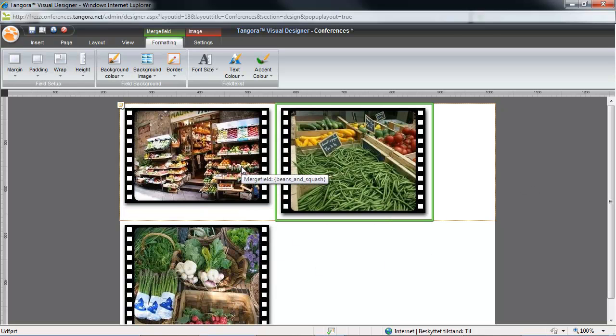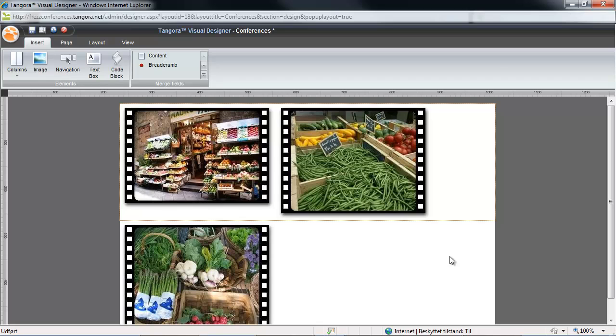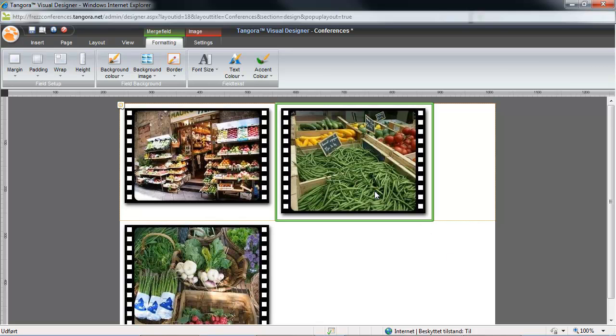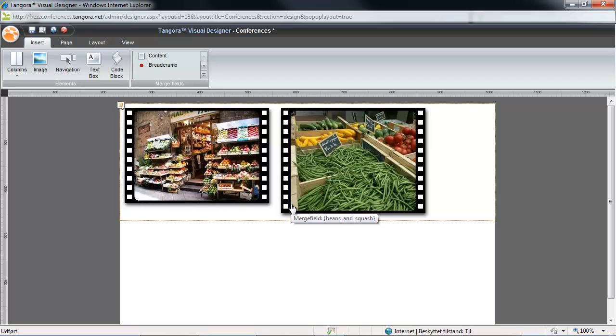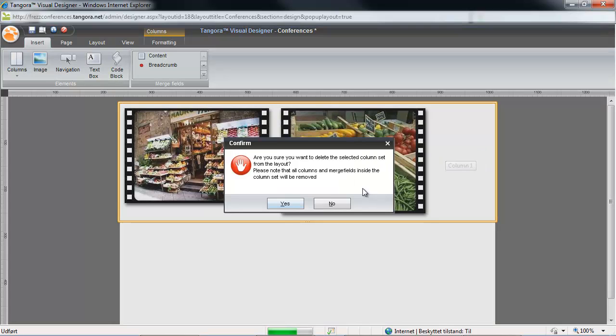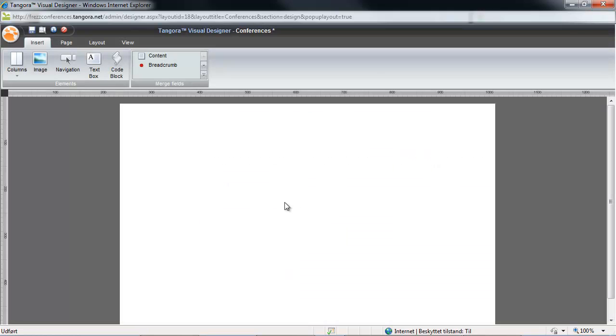Note here too that I could also move elements around inside a given column set using the arrow keys on my keyboard, and that a given column can contain as many elements as I'd like. And I could also move elements outside a column structure. I could delete elements by selecting them and then hitting delete on my keyboard. That would be Control-click for you Mac users out there. I could also delete a column set and all of its contents, in addition to deleting selected elements one at a time. Now we have the basics in place, so let's start the actual construction.